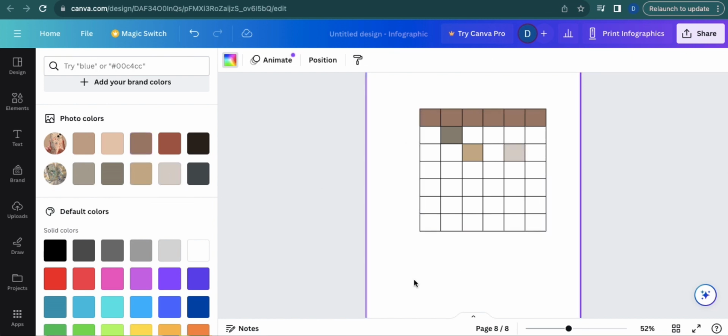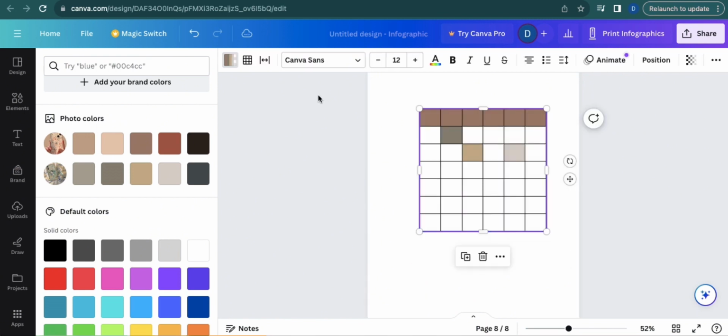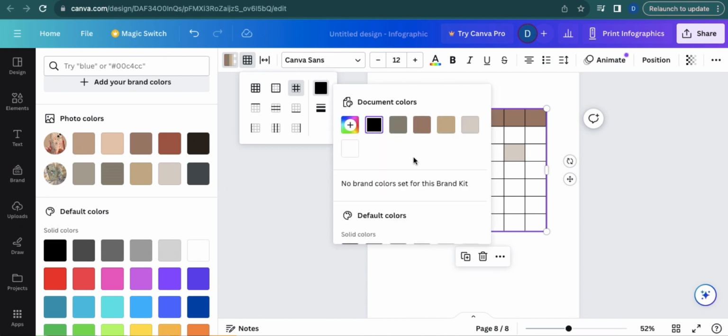Also, you can change the border of your table. So what you have to do is to highlight the table, and then you will see this icon which says border. So just tap this and then select your preferred border. You can also select the border color and the border style. You can also change the border color. So just select from any of these colors, or you can add a new color